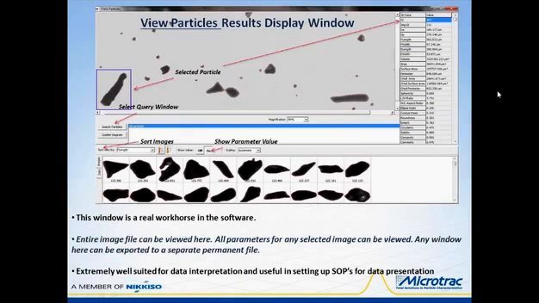This is the View Particles display window, where a lot of features are available to the user. The entire image file, as images or in data form, is viewable, sortable on any parameter, and exportable and printable. To point out use of the many features, follow the callouts with the red arrow, clockwise, starting with selected particle